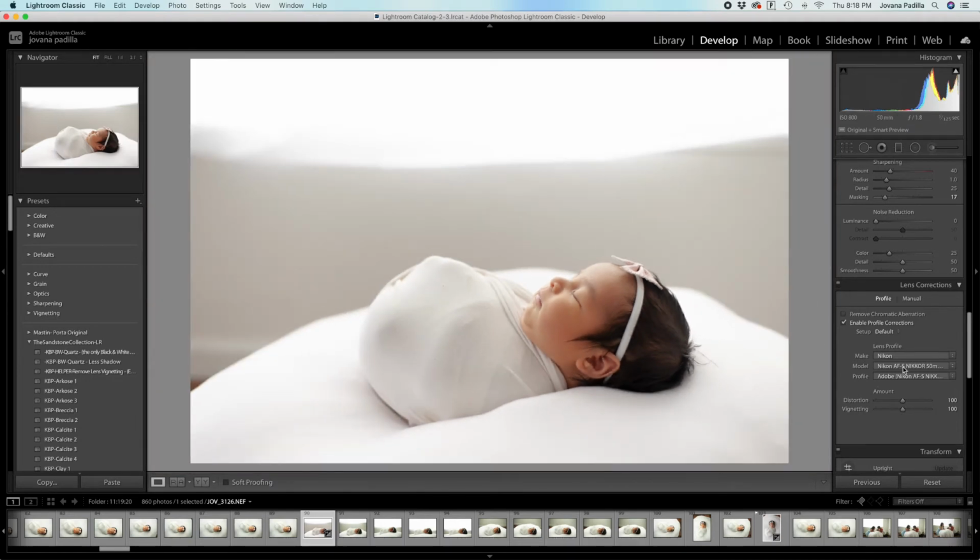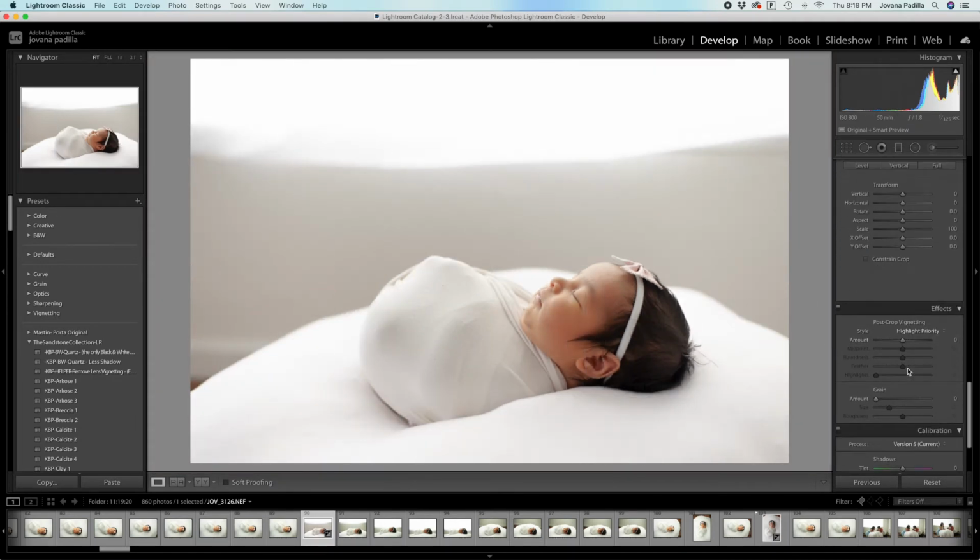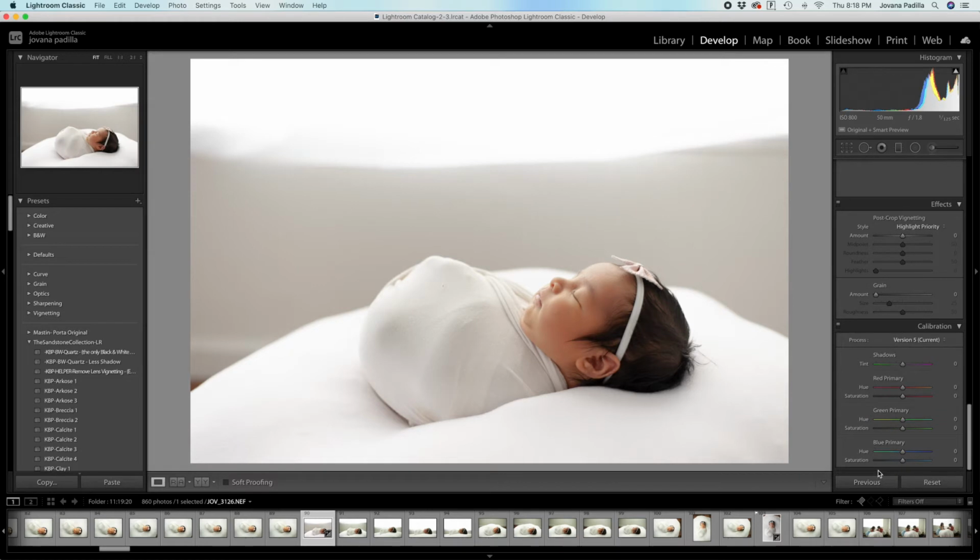All right, so nothing else that I really need to do down here. I could go in and play with these, like if I really wanted to. I can drop this down. What this does is it removes the yellow. This is red primary, green primary, and blue primary. A lot of the times when you're having those presets that look kind of like Dirty Boots or what's another,